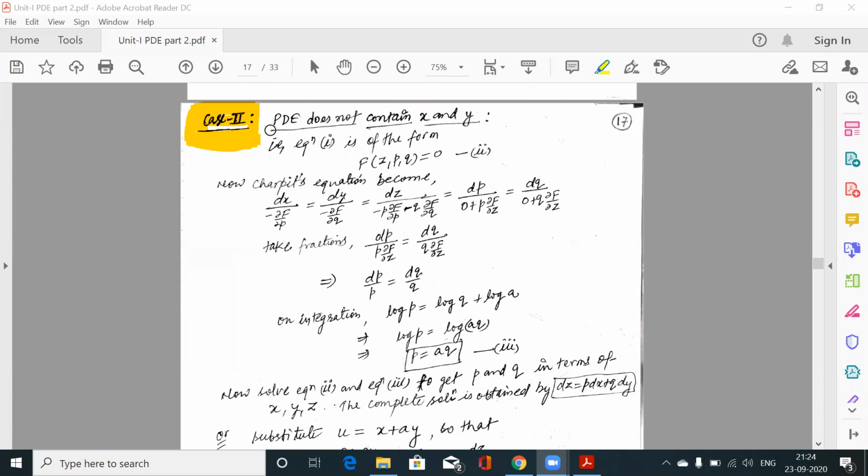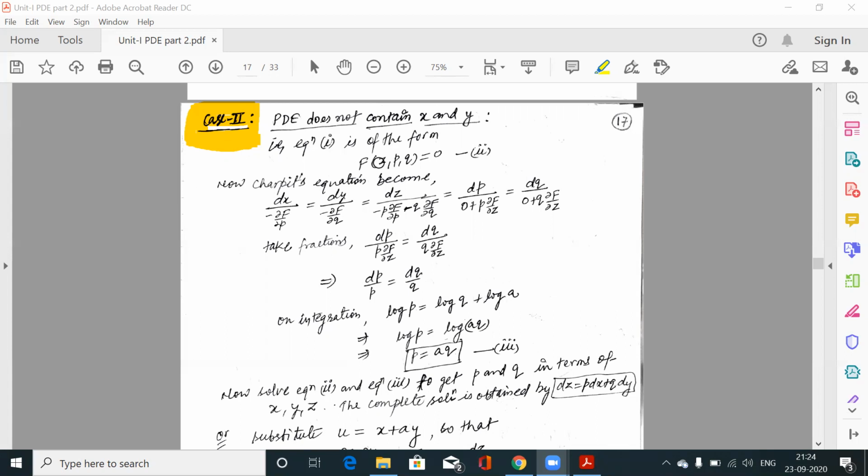We were talking about Charpit's method, which is for non-linear first order PDE, to solve any PDE which is of first order and non-linear. So in Charpit's method, we have four cases or four standard forms. These four cases are particular cases of Charpit's method. Means if the given PDE, partial differential equation, is in a particular form, then we can skip some steps in Charpit's method. So in case one,